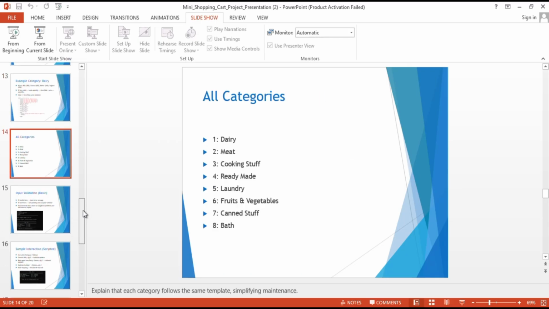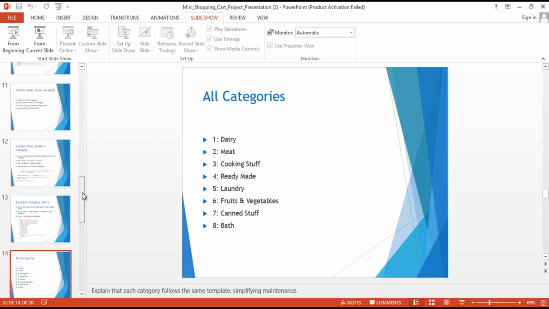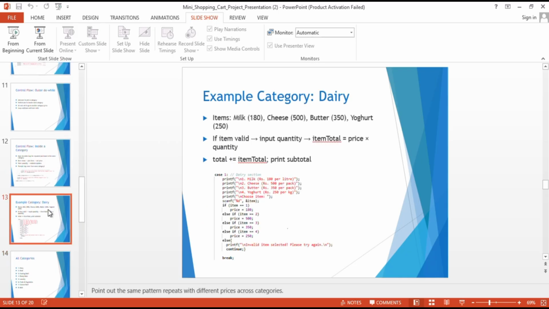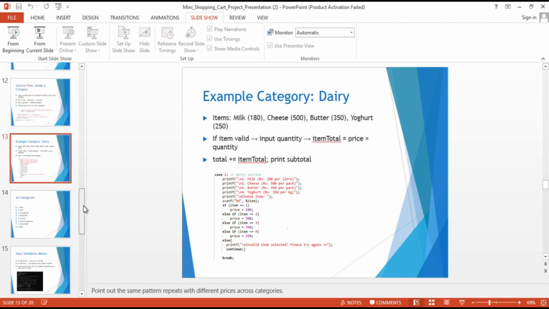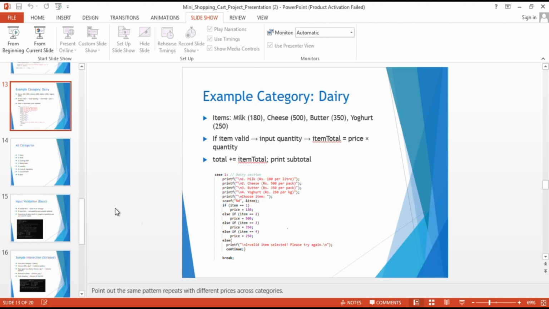The first function that we have used inside the code is show categories. In that function, we have used a printf statement for displaying all the categories that we have. The next function is for calculating discount. This function has return type float, and the parameter it takes is also a float. The parameter that it takes is the total, that is your total bill that will be given to it after you have added all the things.